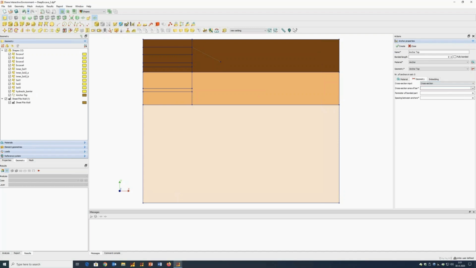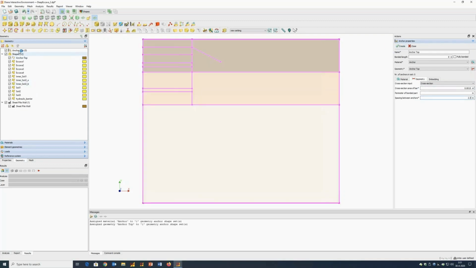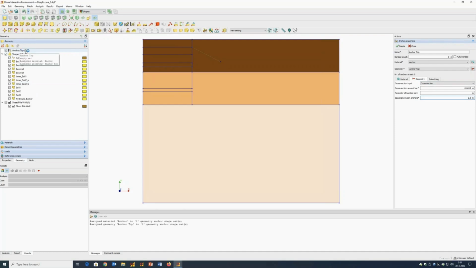I will use cross-section because that's the parameter I have. So it's 0.00115 square meter. And the spacing in this particular example, I will use 2.3 meter. And then I click create, and you see that I have a new set,